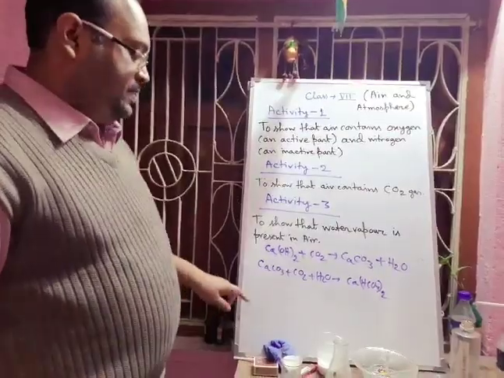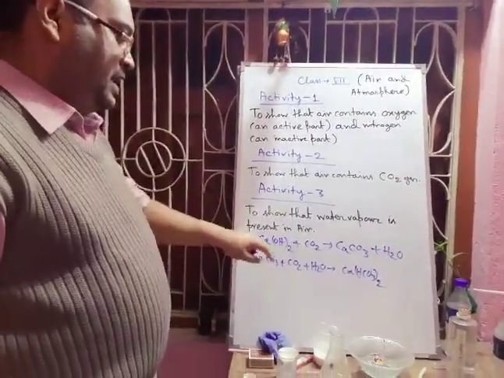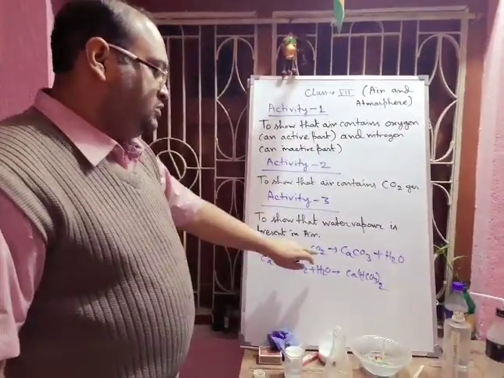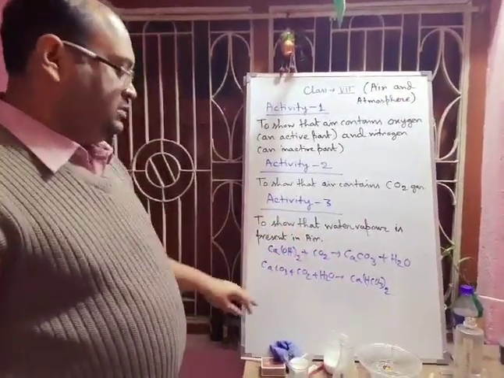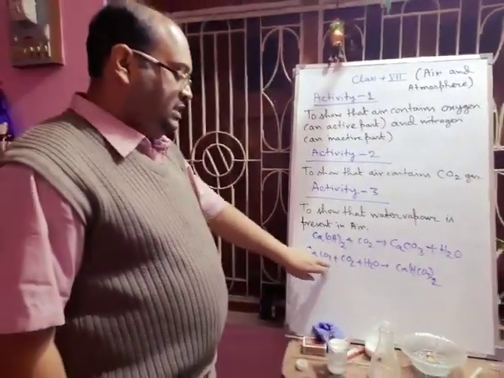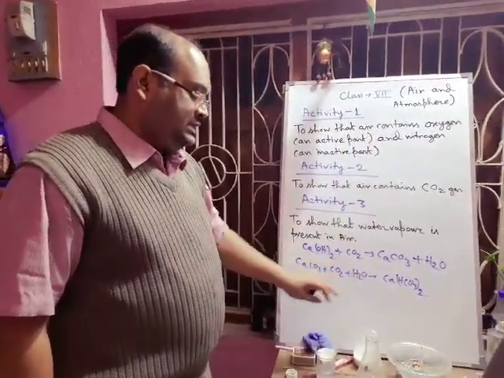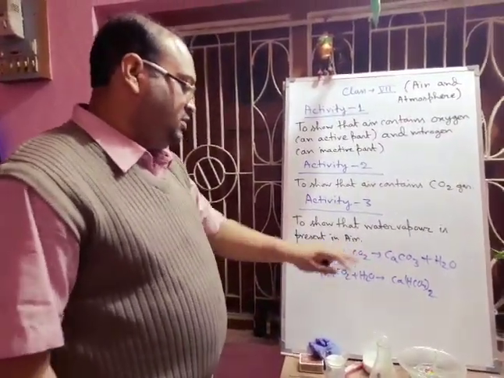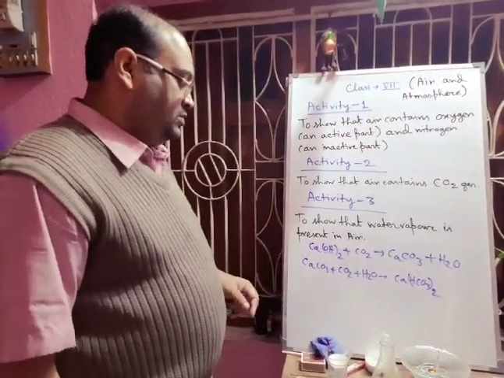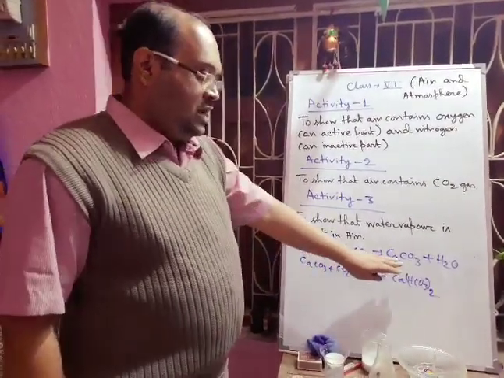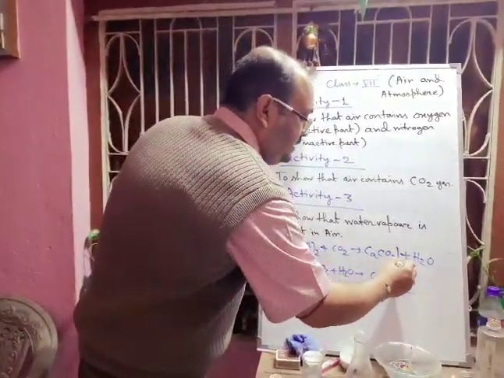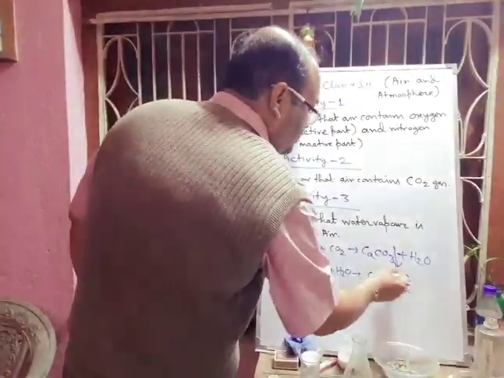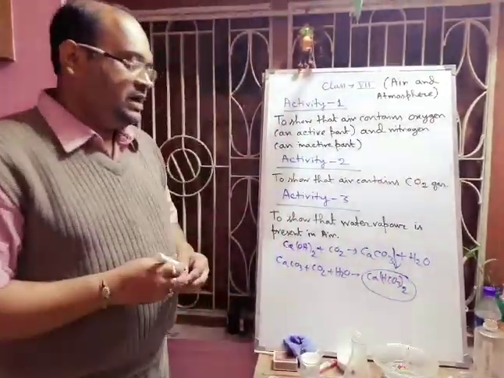Now here you see, whether it is balanced or not. Here hydrogen is 2, here hydrogen is 2. Oxygen is here 2 plus 2, 4, here also 4. This is a balanced equation. Now in this equation, oxygen 3 plus 2, 5 plus 1, 6, here also 6. Number of carbon is 2 here, number of carbon is 2, hydrogen also 2, and calcium is 1. So this is forming that milky white precipitate. It is insoluble in water, and this is soluble in water. This is calcium bicarbonate. Hope you can understand.